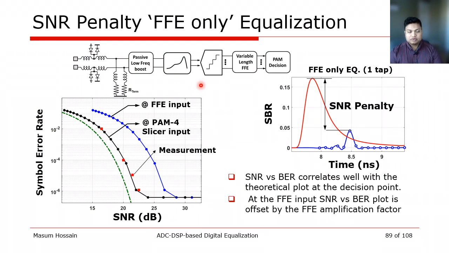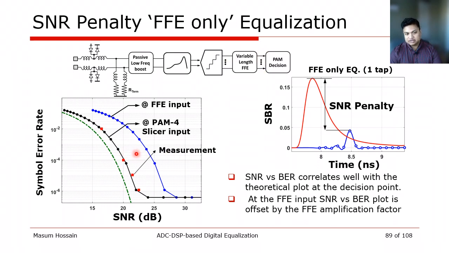Let's first think of what happens in an FFE only equalization. The digital implementation provides us the flexibility such that after equalizing to a single tap, we can actually compare the signal to noise ratio to the symbol error rate. And from the measurements we see that at the decision point our signal to noise ratio correlates very well to the theoretical expected values. But if we walk back from the FFE output towards the FFE input, we see a